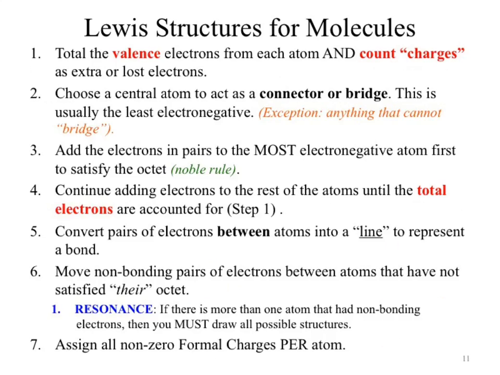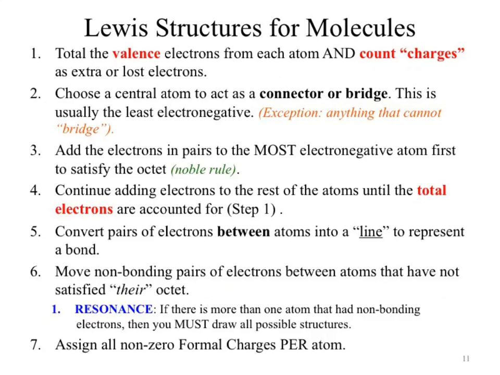We're going to add electrons in pairs. So now we're going to tweak the definition from what we just did. We'll add them in pairs to the most electronegative element first. How many electrons do we want to put around our most electronegative element? 8. Why 8? There were 8 points on the cube. That satisfies our octet to get us to our noble gases. If we still have electrons, you can then start putting them around other elements until they satisfy their octet.